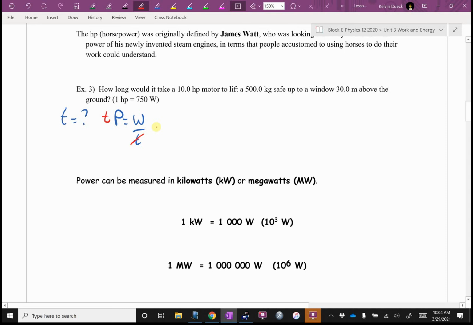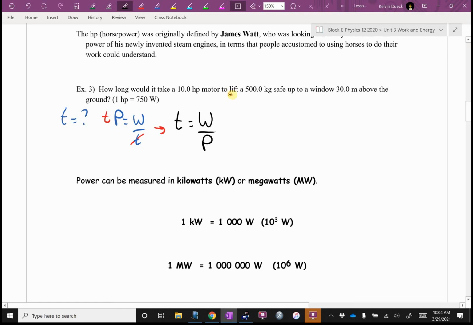So here is yet another equation. I don't know how many equations for time that we have. Time is also work divided by power. A good example would be if you're using those big cranes to unload cargo ships in the Port of Vancouver, you would know how much mass you had to move, how high you had to lift everything, and you would have a pretty good indication of just how much physical time it's going to take you to unload and lift that much mass off of a ship.